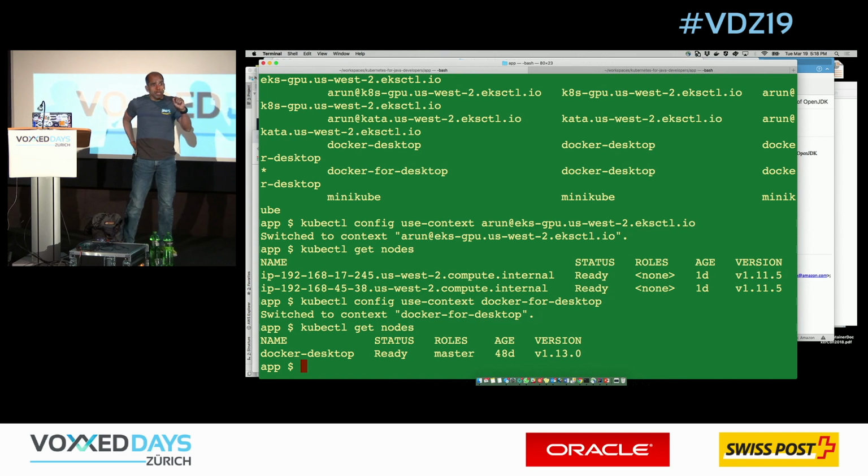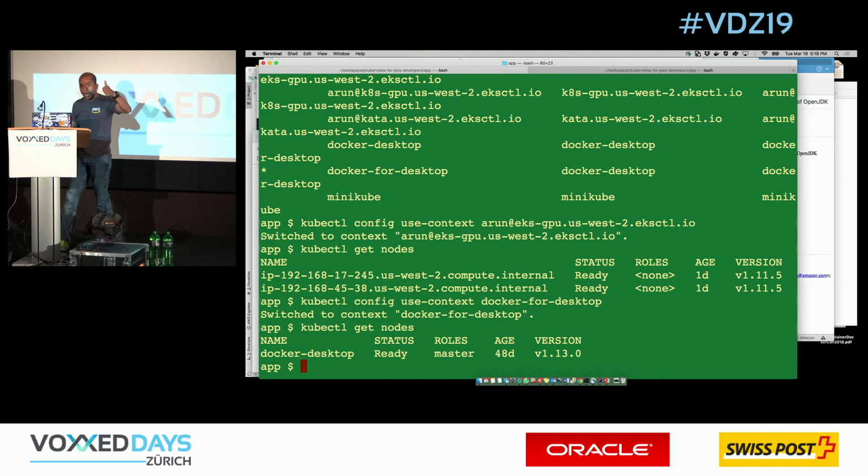So that brings your story. How do you migrate your application from desktop to the cloud? Well, you run your exact application on the desktop, using Docker for Desktop, Minikube, whatever works for you. Then once you have done that, you literally switch the context. Say, hey, kubeconfig, I'm now going to point to this cluster running in the cloud, and just redeploy your application. The big advantage is that because you're using the same manifest files and the same Docker images, there is very little impedance mismatch.